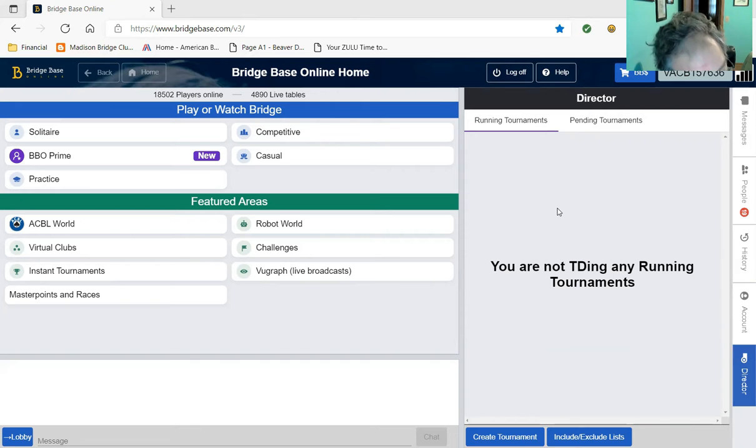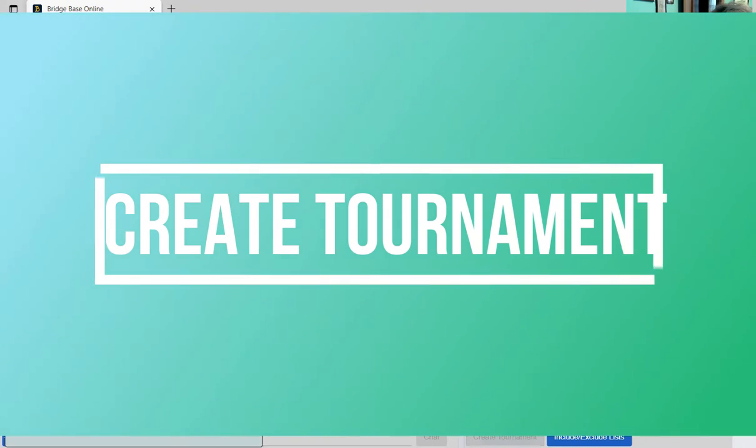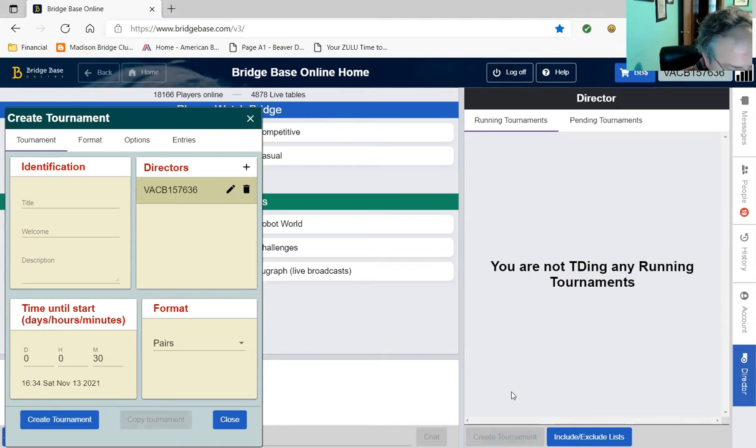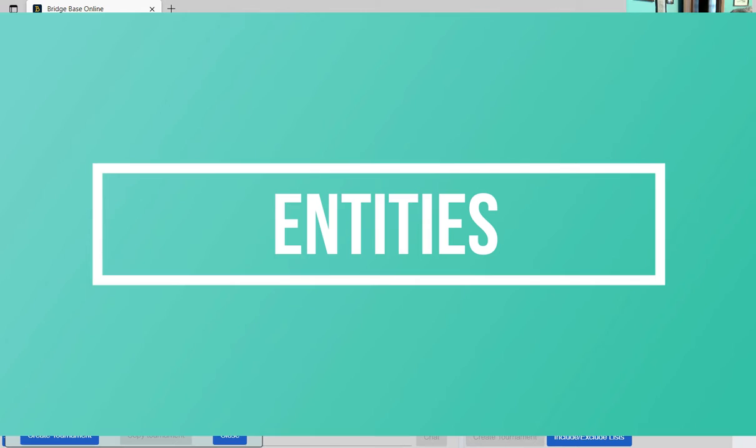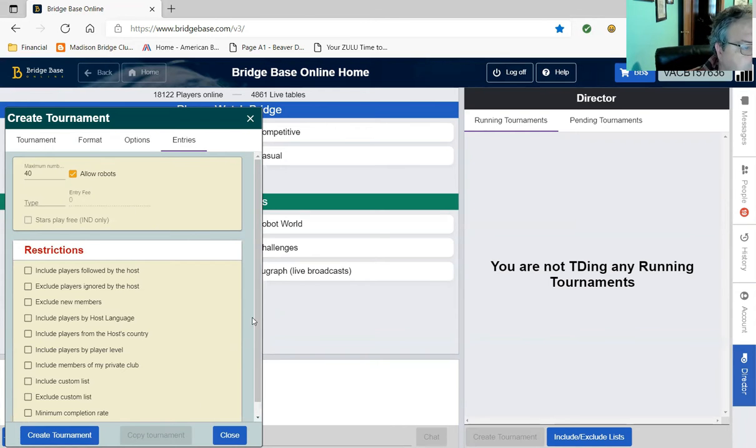Go to create tournament. Just click on create tournament. There it is. Now, the first thing people are asked to do is go to the tabs here: tournament, format, options, entries. You see that on the top? Now what Stan does, it says go to entries first. Click on entries. So the only thing that he wants you to do right away